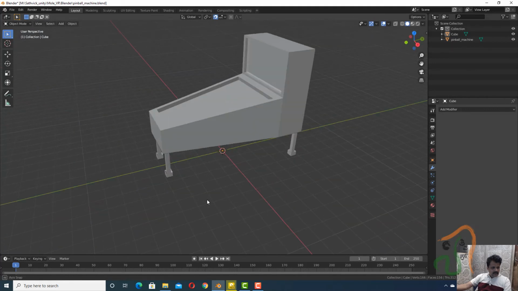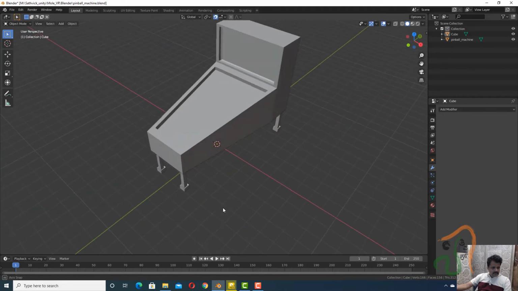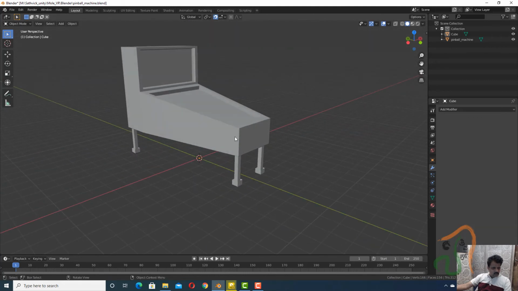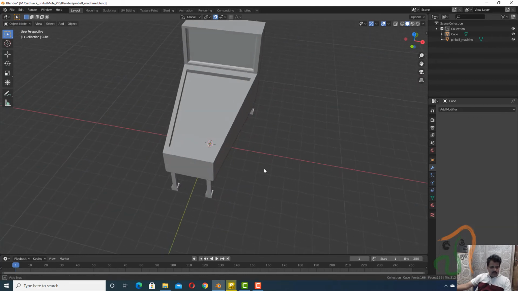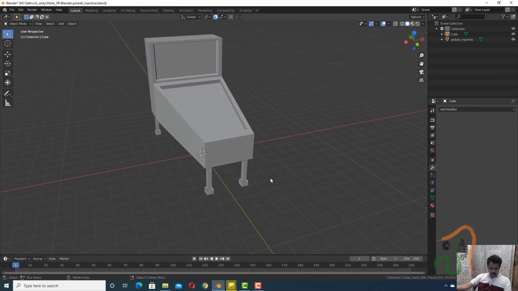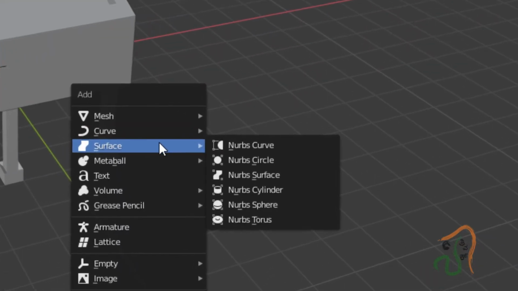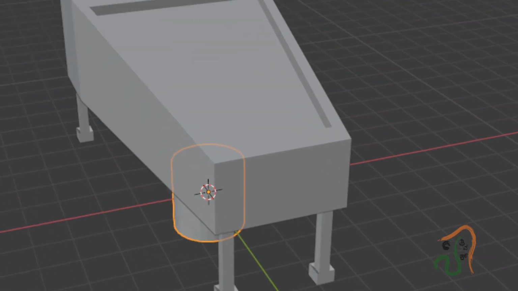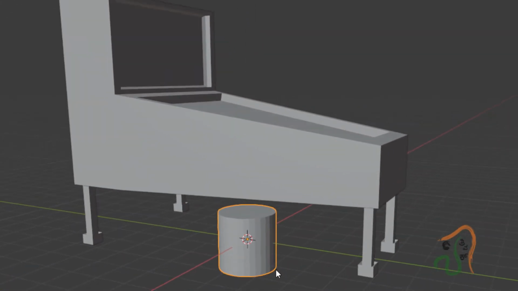The next thing is, let us add 2 buttons, one to the left and one to the right. To add the buttons, press Shift A, and in mesh let us add a cylinder. The cylinder is at the center.